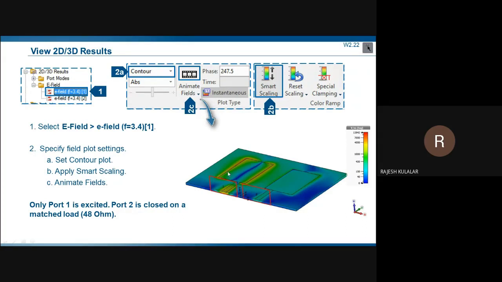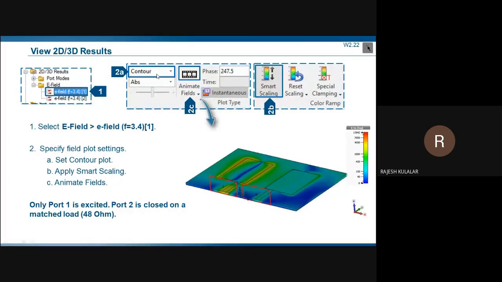This will be helpful for visualizing the electric field on your patch or any substrate or any models. Here you will get some contour, arrow, or other parameters. You can select bubble type, contour type, or arrow type, in whichever form you want.